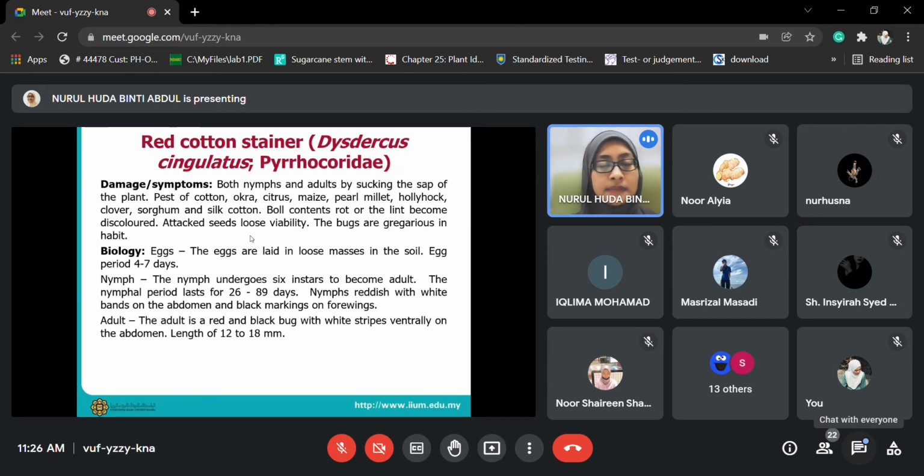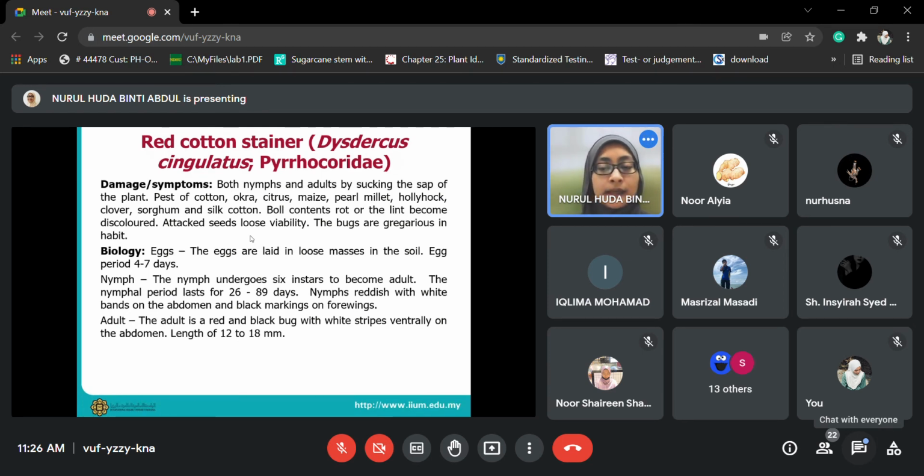And the nymphs, once they hatch, akan terus panjat pokok tadi. Maksudnya dia akan naik ke pokok untuk feed lah. So the nymph will undergo 6 instar. So you can imagine dia akan molt until become the adults. Okay, and the nymph stage is around 26 to 89